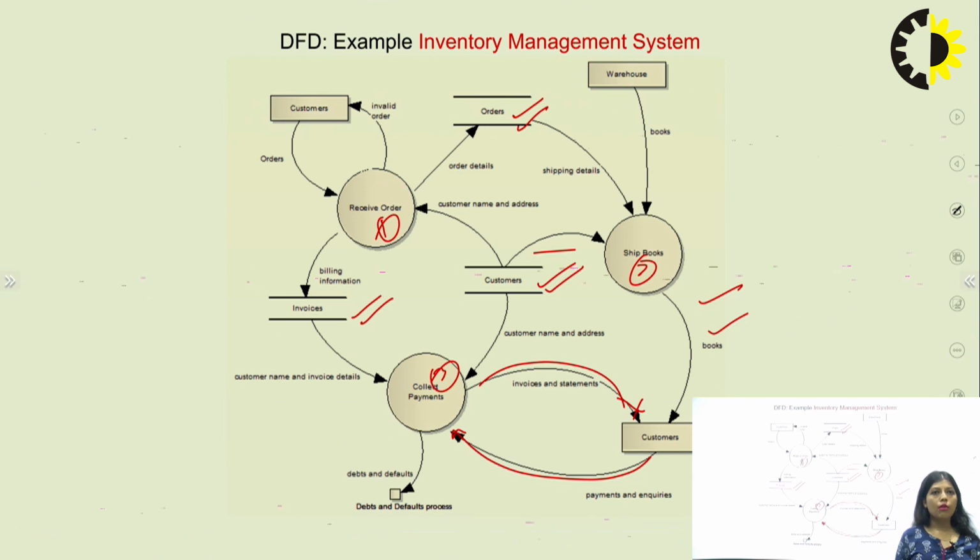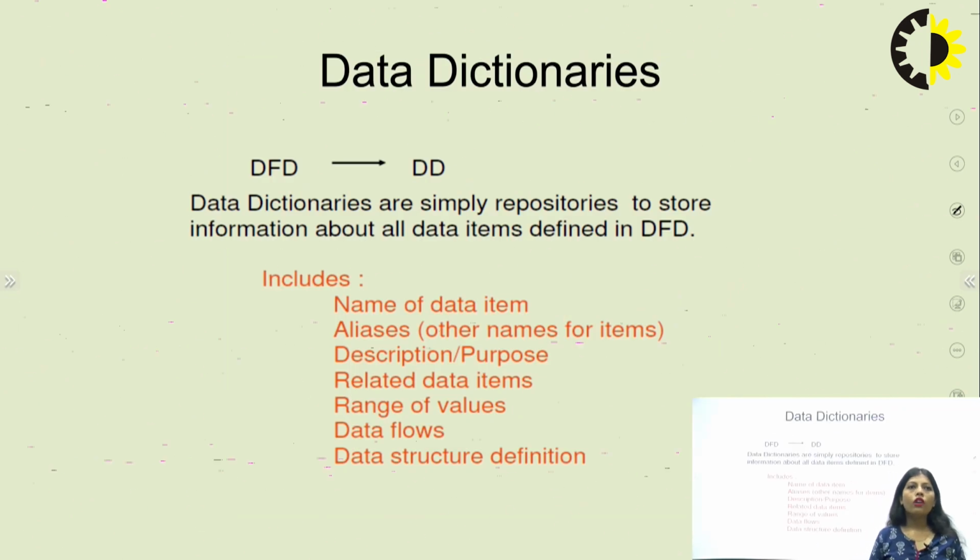These are the incoming edges and outgoing edges. So this is the example of DFD. After that, we have the data dictionary. Basically, a data dictionary is simply a repository to store the information about all the data items which we used in